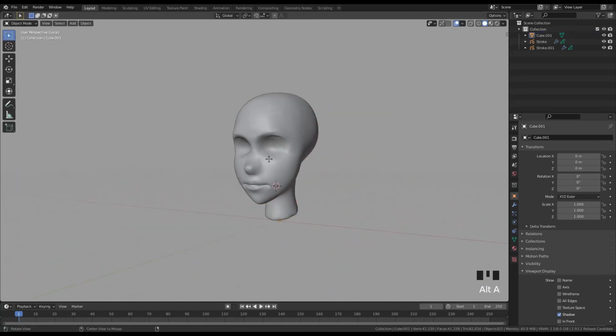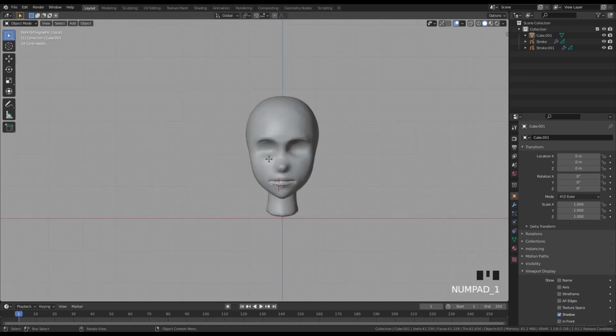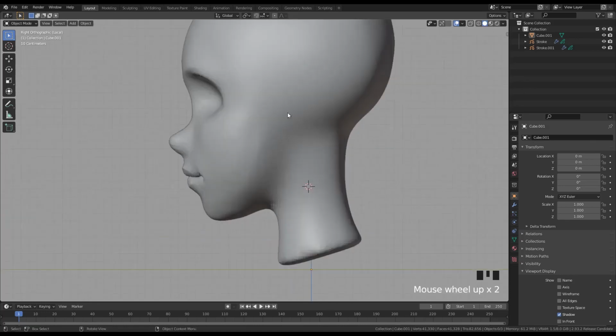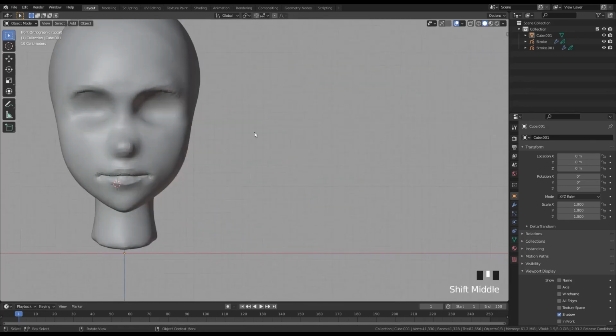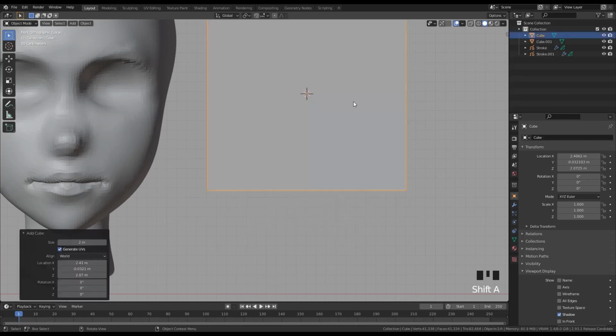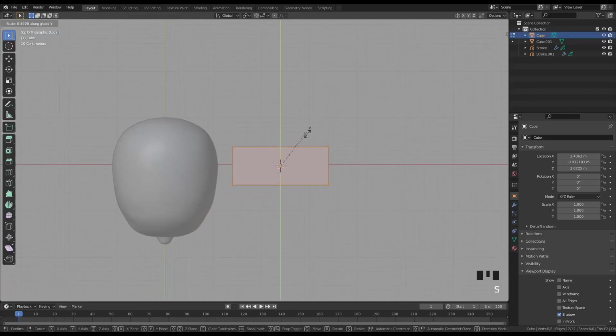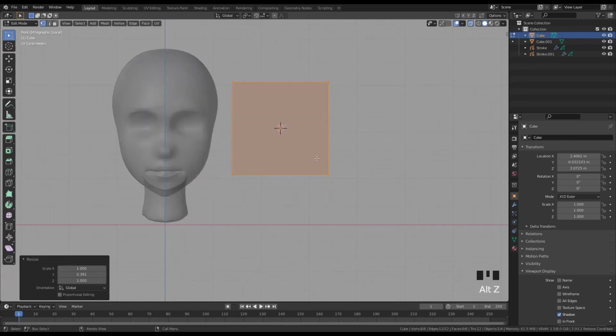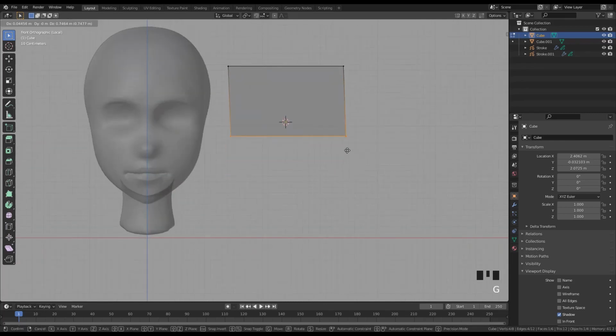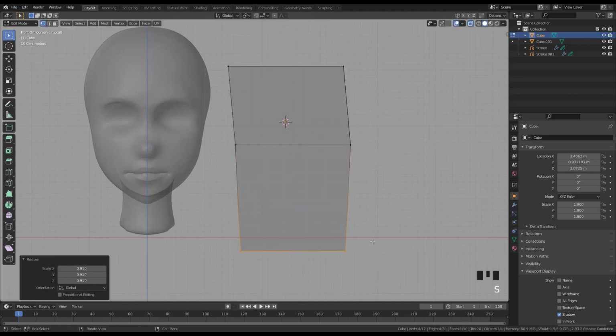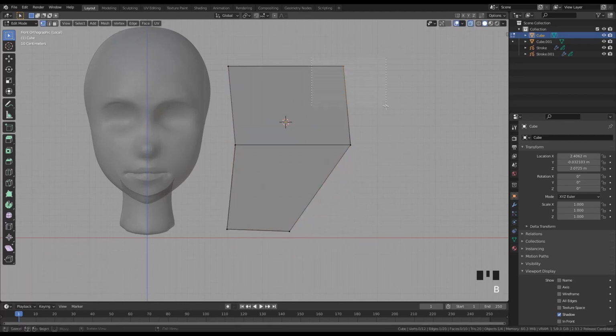So the next step for me, and I know it's pretty soon in the process, will be to add the ears and to add the eyes. Okay, so I have a pretty good reference on where they are. So for the ears that I'm going to do first, I'm going to add a cube, and in edit mode, I'm going to scale it on the y-axis. Pressing Alt Z, I'm going into X-ray mode, and I'm going to extrude the ear like this,